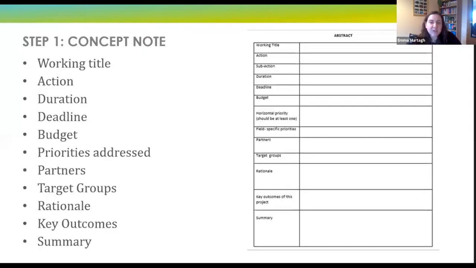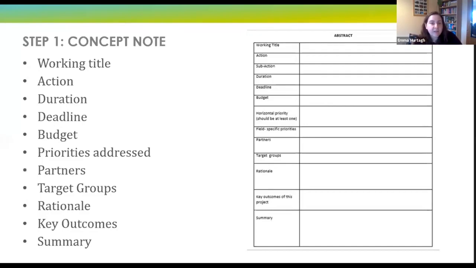So the first thing I always do is I work on a concept note, and don't skip this step. That's always my key piece of advice. Even when I do general training around grant writing, when there's no partnership involved even, I still encourage people to do a concept note. It really forces you to put structure and form and to think about outputs and targets for your idea. So until you do this process of translating the idea from something that lives in your head into something that is an actual project, and you've taken this time to break it down and to structure it,